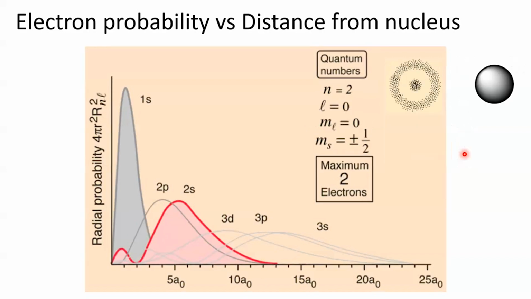Moving further out, the next one you encounter is the 2s orbital, and you can see it has sort of 2 lobes shown here, or there's a node whereby there is 0 electron density and 2 regions otherwise where the electron could be. These 2 regions actually have a different phase. So for instance, you can consider this to be a positive region and this to be a negative region. And again, only 2 electrons exist in the s orbitals. There are other orbitals moving outwards, but we're just going to focus on the 1s, the 2p, and the 2s